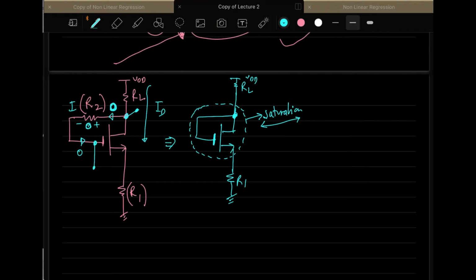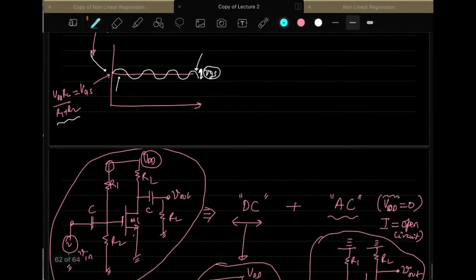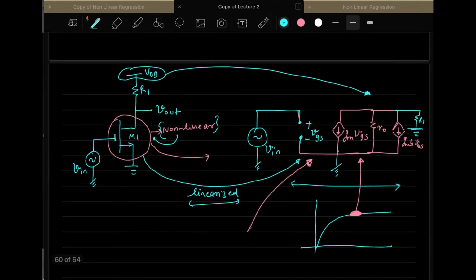But now you understand, if you want to do the AC analysis of this, in AC analysis there should be no connection between this and this. You observe here, there is no connection, right? In between gate and drain, it is open circuited. Because if you connect them, the gain will fall down.